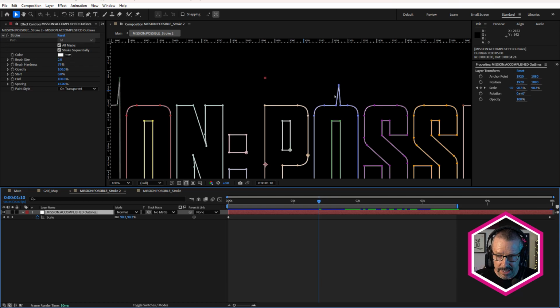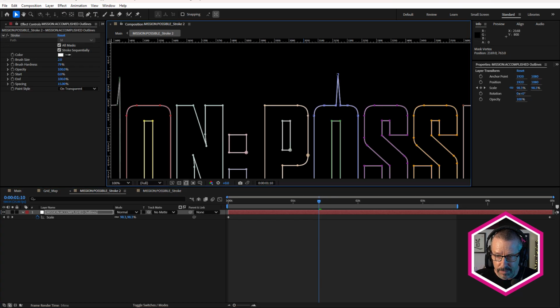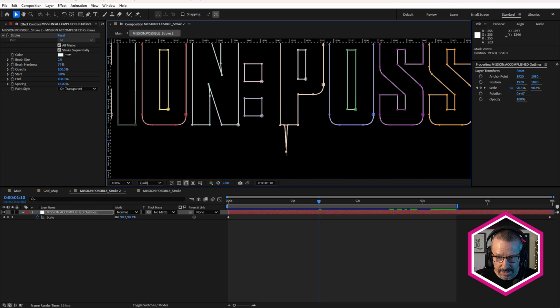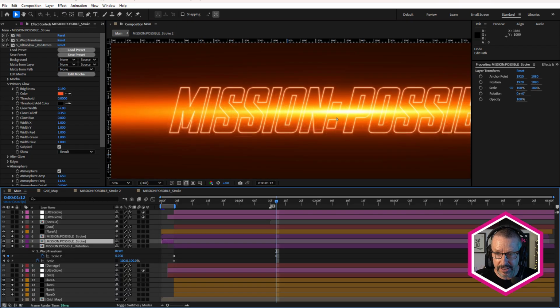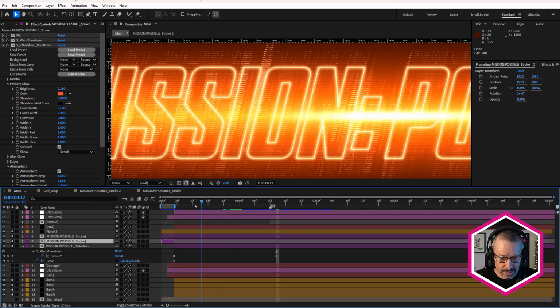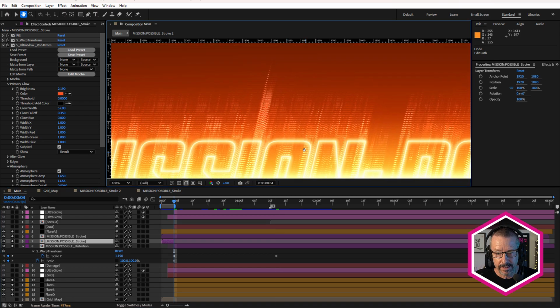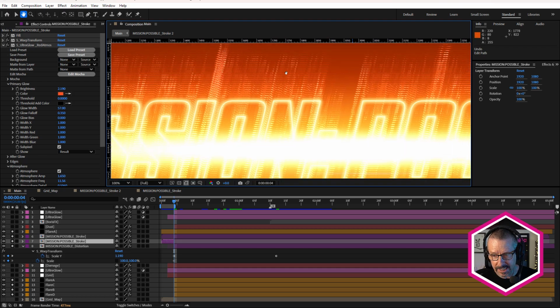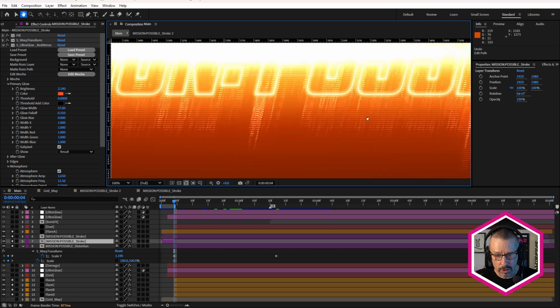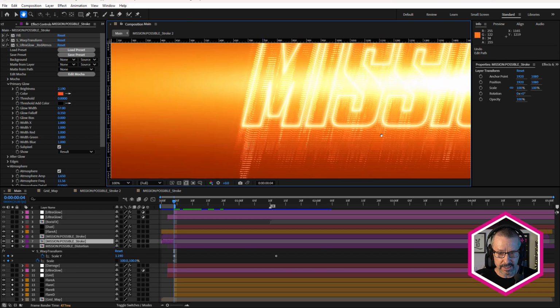So I created masks, and that allows me to take various points and add points to the mask and just pull them out like that. And the reason I did that was because that breaks this up a little bit. If we come back to the beginning, it breaks it up a bit. Otherwise, it's fairly even all the way across. So this adds these spikes in here. And I thought that looked a little more interesting, just adding those little spikes in there.